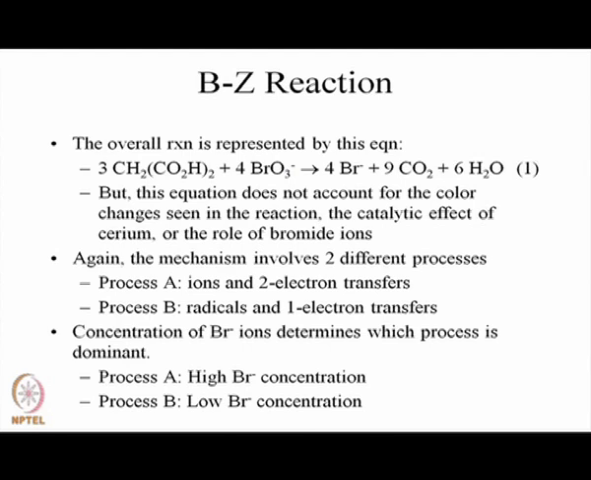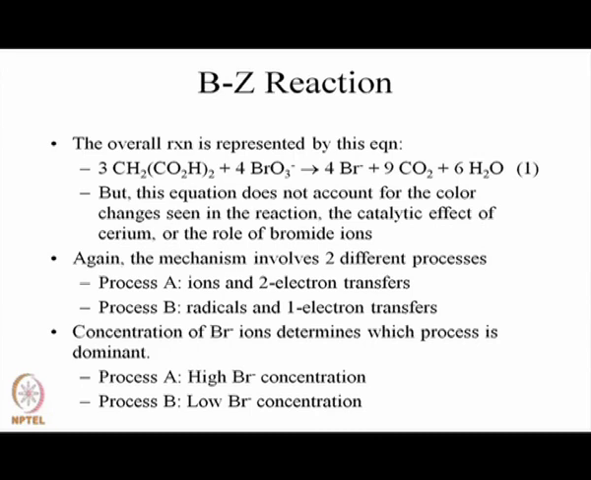So, this equation does not account for the color changes seen in the reaction, the catalytic effect of cerium ion and the role of bromide ions. So, this is a gross equation which cannot explain all this. Again, the mechanism involves 2 different processes. Process A, ions and 2 electron transfer. Process B is radicals and 1 electron transfer, like BR reaction. In one case it is promoted by non-radical, another case it is promoted by radical processes. So, in the same way here, process A, ions and 2 electron transfer, process B, radicals and 1 electron transfer,